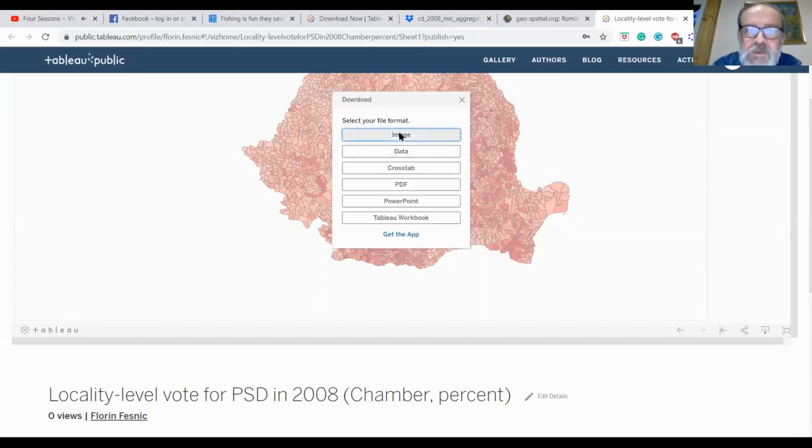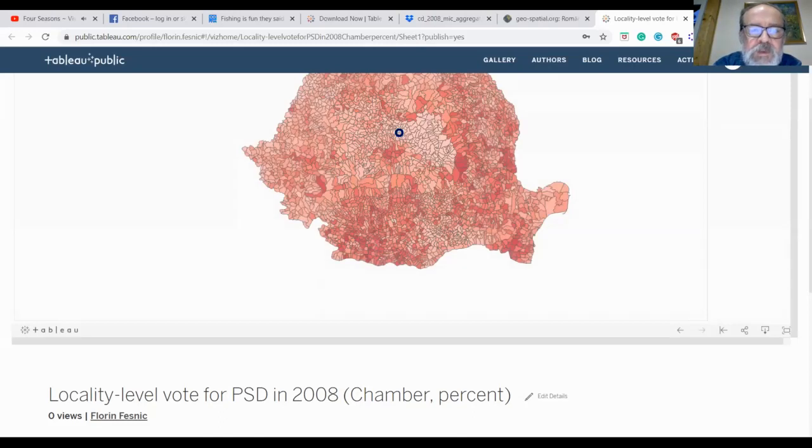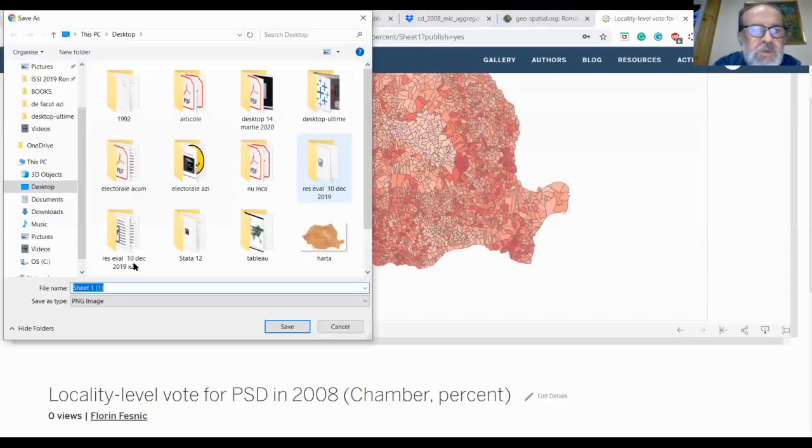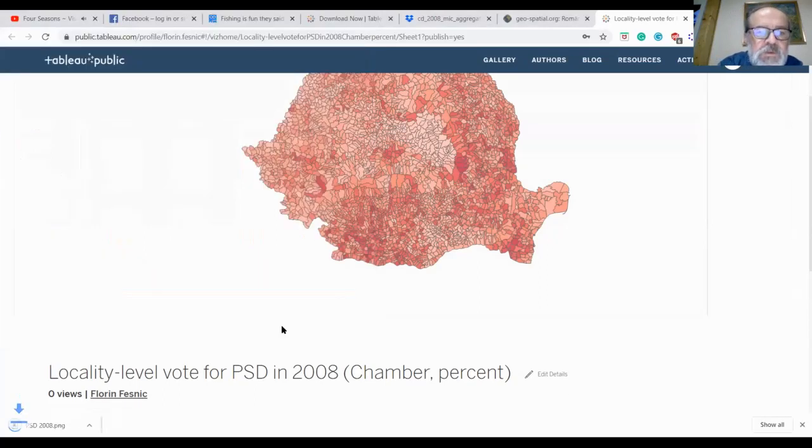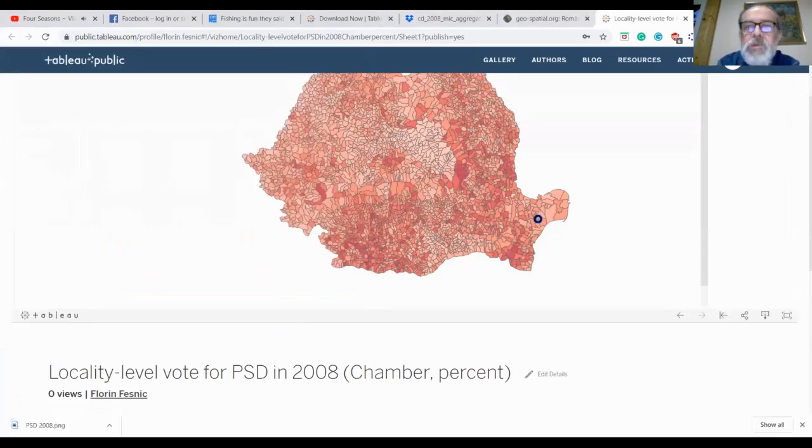Okay, so say save as image. Let's say PSD 2008 as a PNG. Save it on desktop, and we're done. So that's how you make locality level maps in Tableau Public.